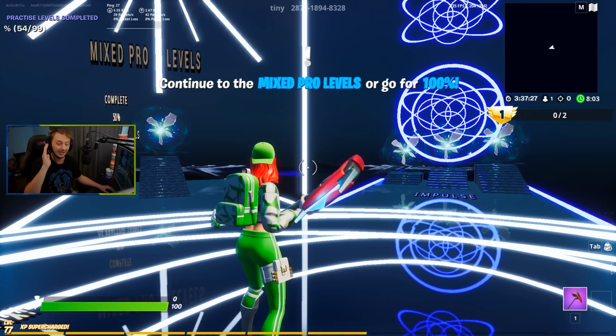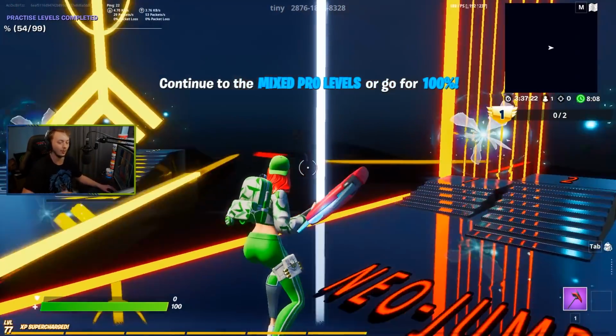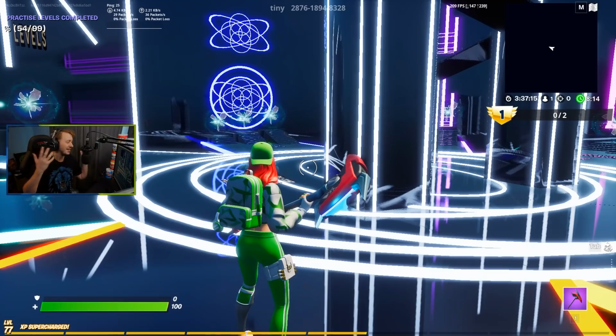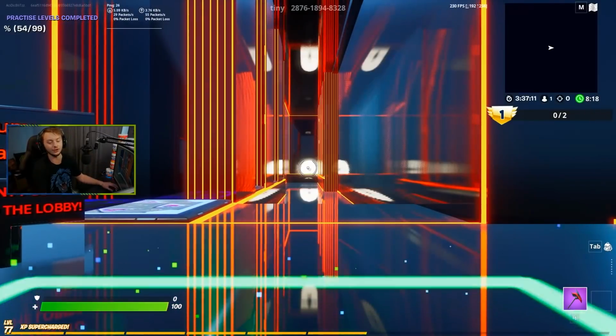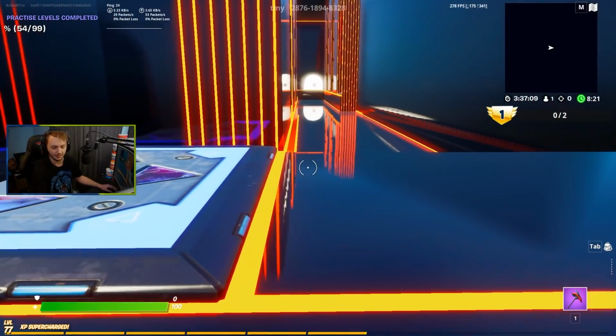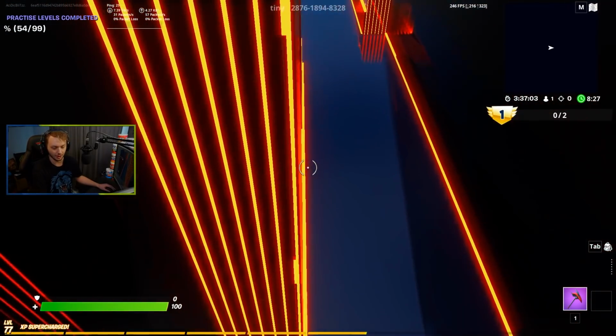We have finally beat over 50% of this death run. But of course, I'm going to keep going. I'm going to complete everything here because I'm a completionist. I want everything to be 100%. So let's do it. The neo jumps should be pretty easy. Why is there a bouncer? Oh, it's bouncer neos. Interesting way to start the neo jumps, but